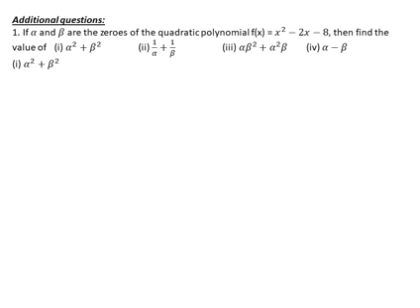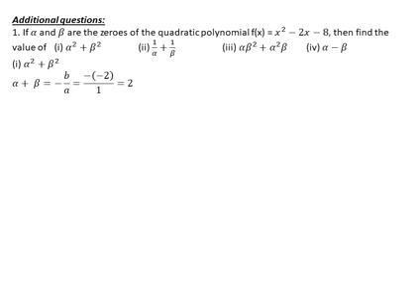Let me find the value for alpha plus beta, alpha beta. How do we find alpha plus beta from the polynomial? Alpha plus beta is equal to minus b by a. So from the polynomial, what is the a value? A value is 1, b value is minus 2, c value is minus 8. So our formula is minus b by a. So minus as it is, b value is minus 2 by a value is 1. Therefore alpha plus beta is equal to 2.